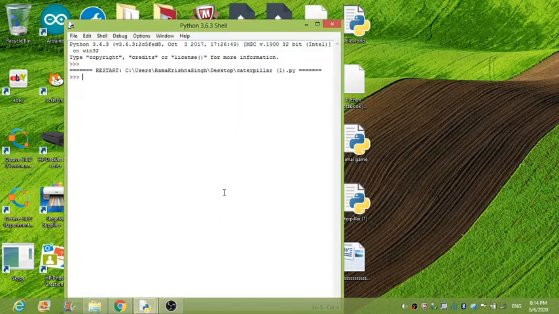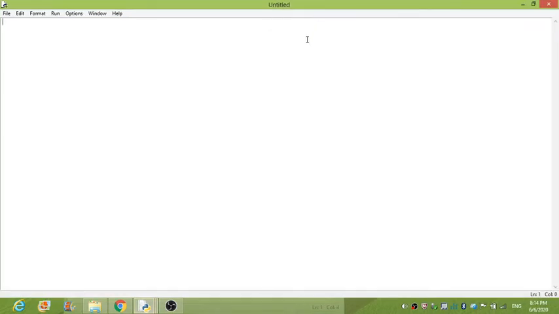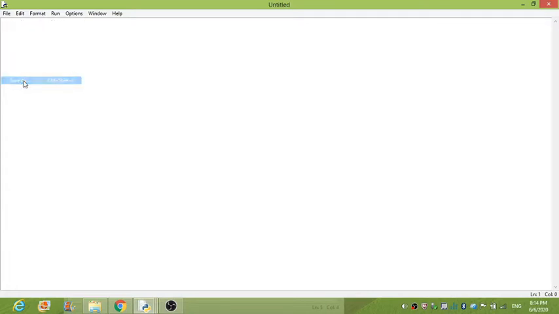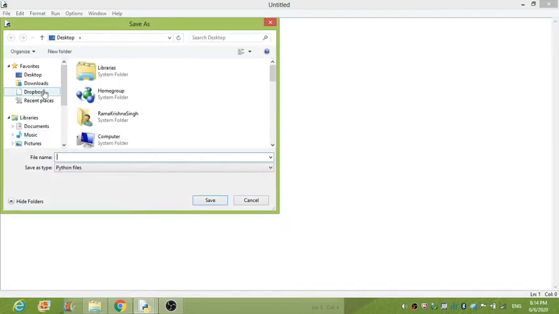My step one would be to open IDLE, go to File, then New File. You will get something like this, and then go to File, Save As, and you can save it on the desktop.